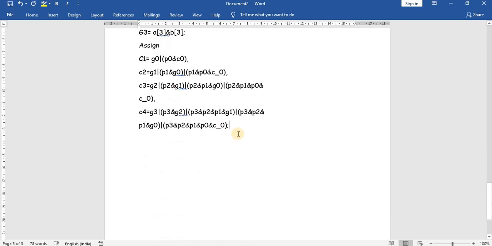So once we have done this, now assign the corresponding sum terms. Assign sum of 0. Sum of 0 is equal to P0 XOR C of 0.